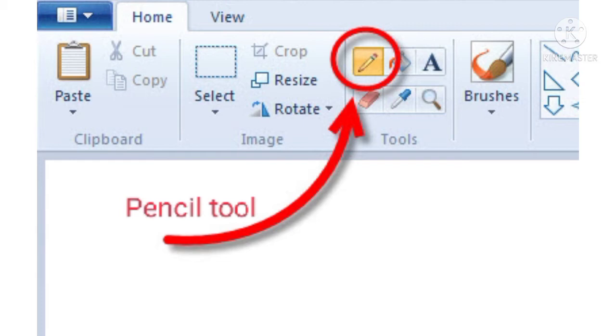Bring the pencil onto the drawing area. Left click the mouse and hold it down as long as you want, according to the length of the line. Move the mouse as per your requirement. When you want to stop, leave the mouse.